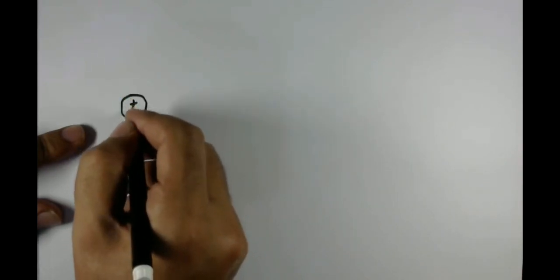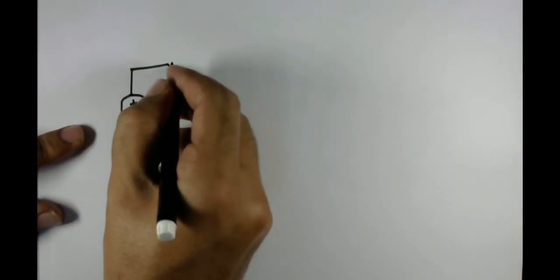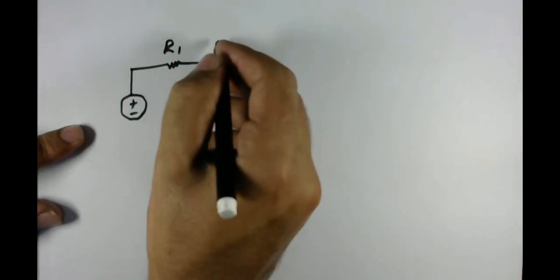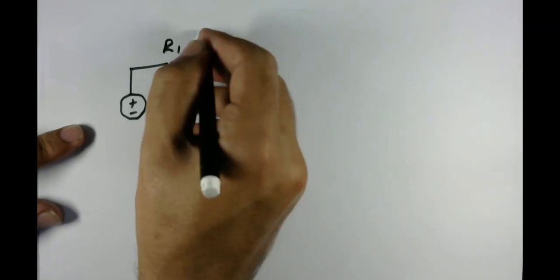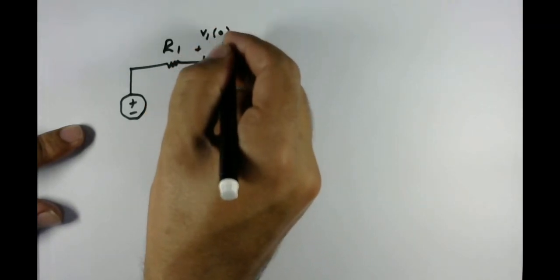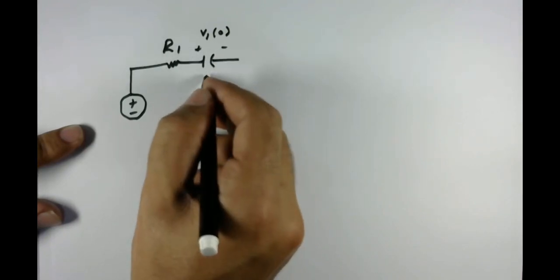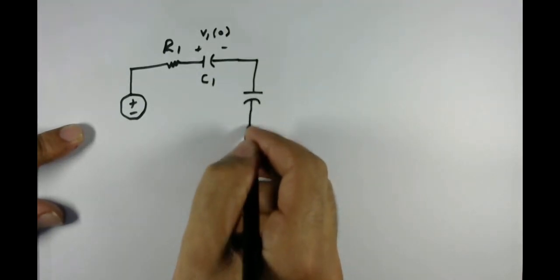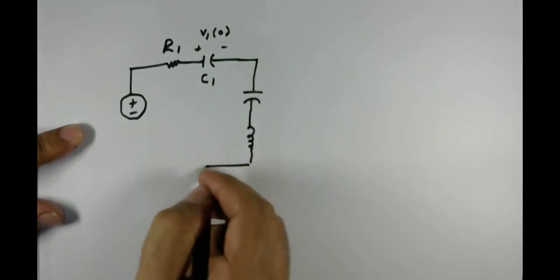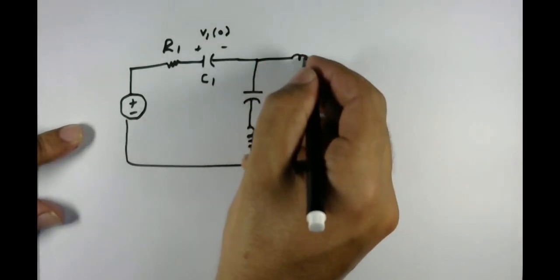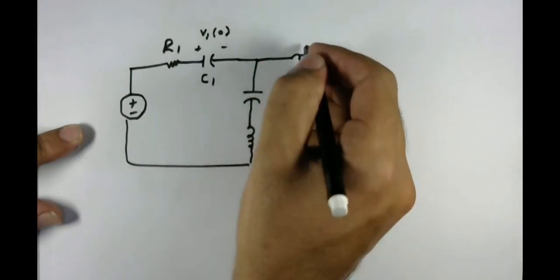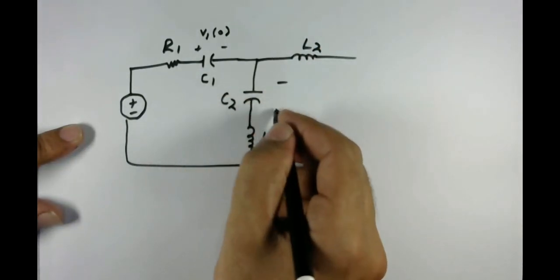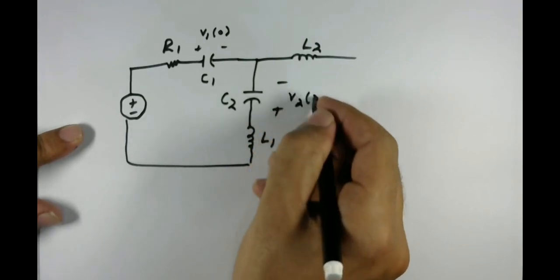This is an example from your textbook. You can go through your textbook and find this example there. You have a resistor R1, a capacitor C1 whose initial value is V1 of 0, then another capacitor, and two inductors. This is L1, this is L2, this is C2, and this is the source with minus plus, V2 of 0,